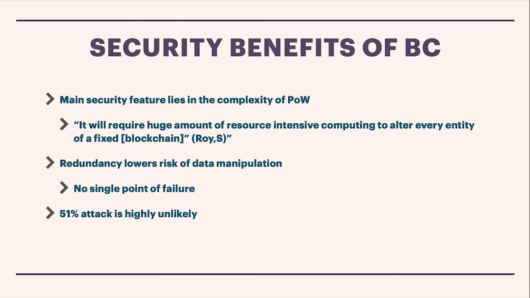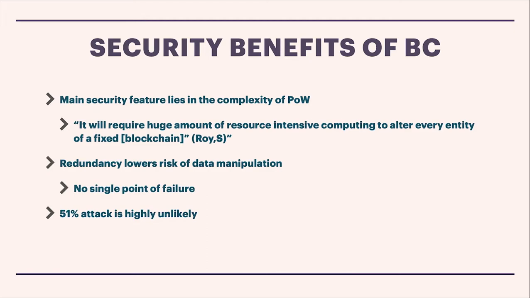So here are the security benefits of blockchain. The main security feature is the fact that there is a proof of work. Like how all the generals in the allegory can verify the signature, all the nodes can verify that indeed that one node solved the hashing algorithm properly. And given that all the nodes have a chance to create the next block, it's decentralized. There's no one singular owner. As well, each node has a copy of the blockchain, which is where the redundancy is implemented, which lowers the risk of data manipulation. So if one person was able to create a faulty block on one node, it would be rejected by all other nodes.